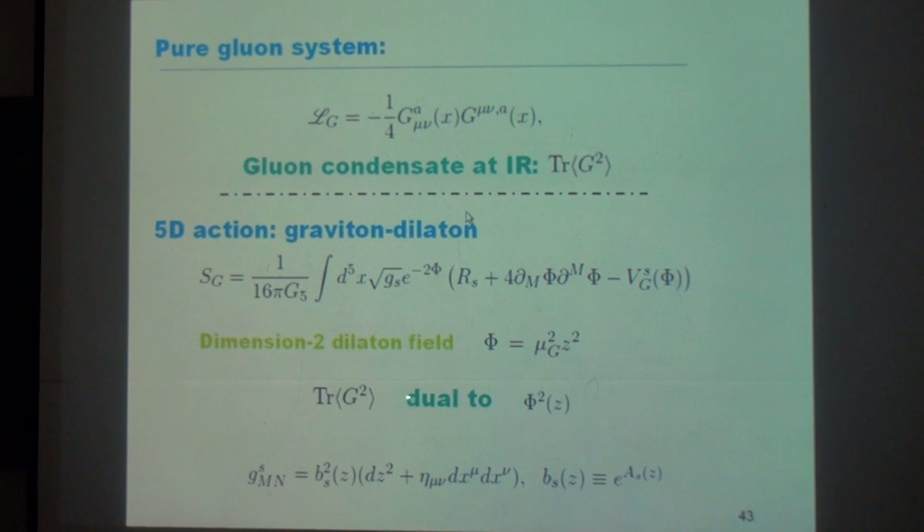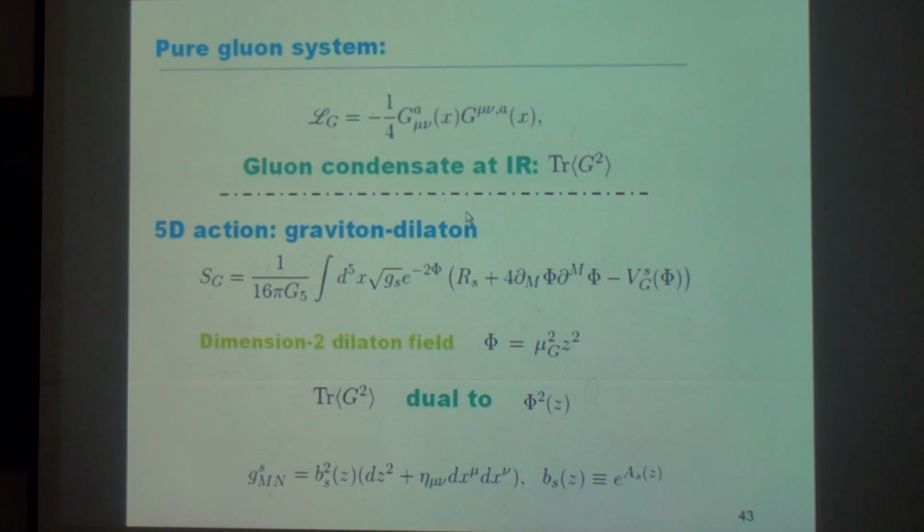But actually this again gets some trouble from the referee. Still, in some sense this is quite essential to get the right answer. We cannot avoid this dimension 2 dilaton field. I don't want to get into trouble here because it doesn't matter, but we need it. The essential point is that we need such a quadratic dilaton field.